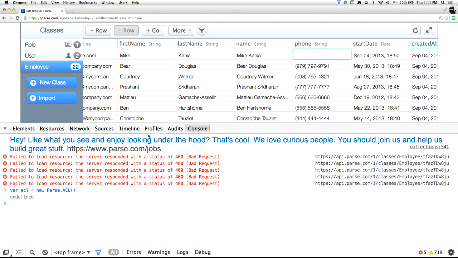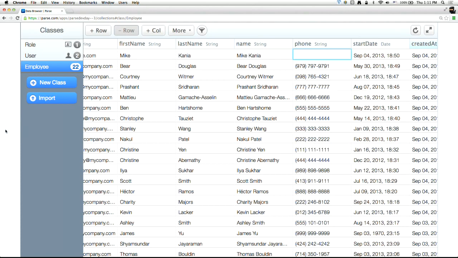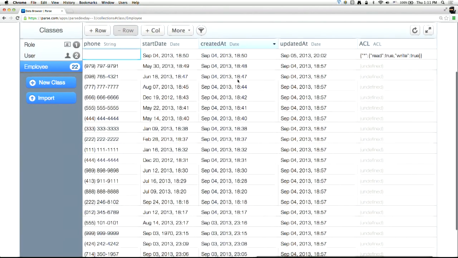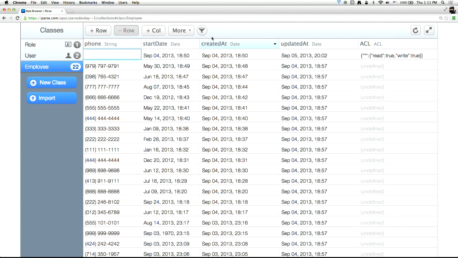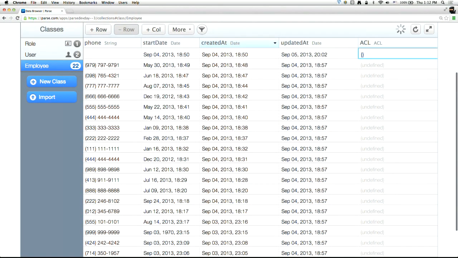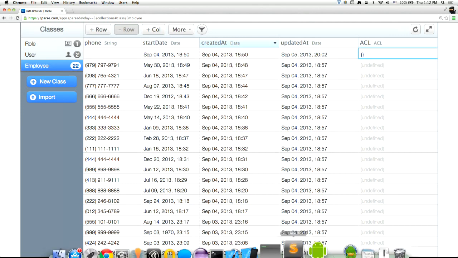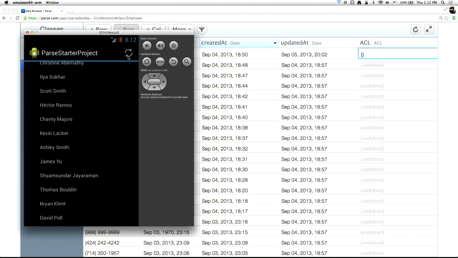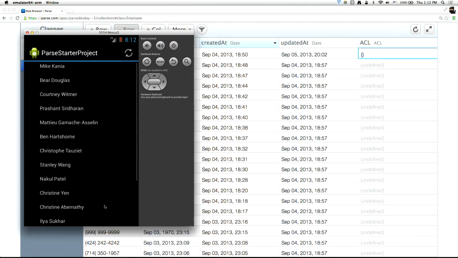Now we're actually going to do that through the data browser itself, just because it's a little simpler to get going with. But let's go ahead and take our first user, Mike, who you saw there. And right now, it's set up to be readable and writable by every user. So if I want to turn off access for every user, I can just empty out this hash here and save the object. And now if I go back to my Android app, let's scroll up to the top, and refresh,